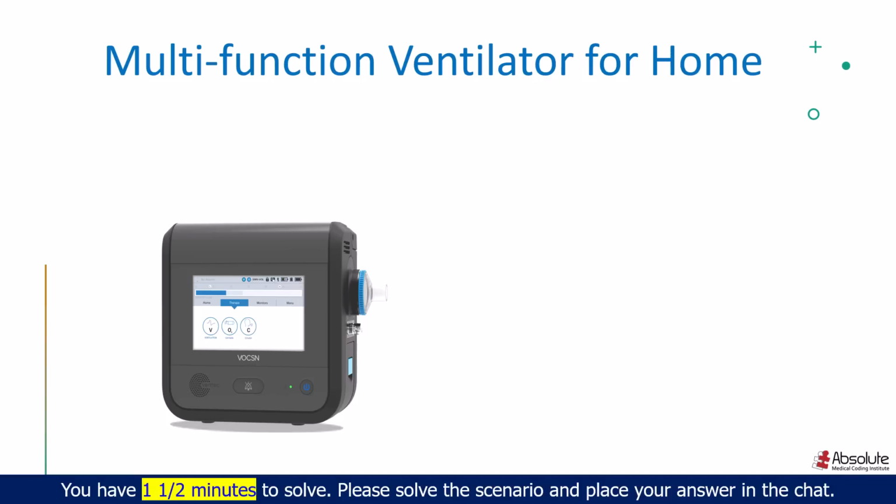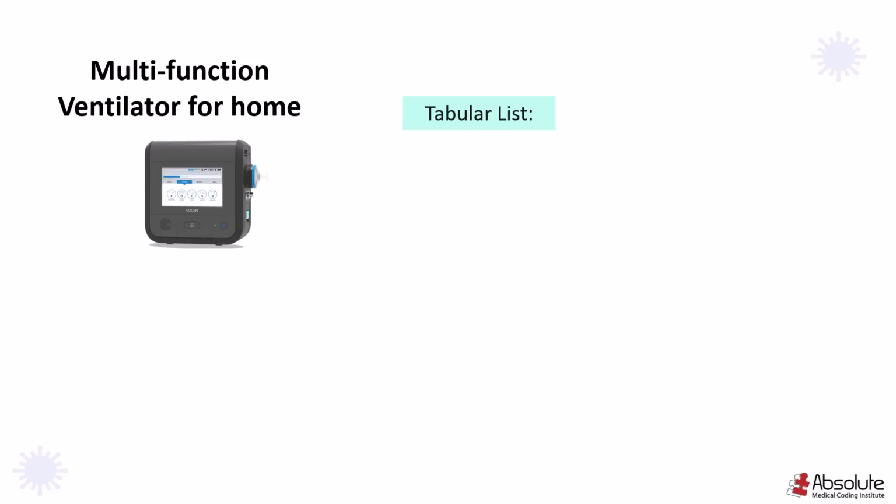And Ace the AMCI alligator is here, which means time's up. So, what is going to be your main term? Answer it in the chat. Yes, your main term is going to be ventilator. So all you have to do is go to your index, search for ventilator, and then you search for home ventilator. That would instruct you to look for the codes between E0465 to E0469, and then you have to verify